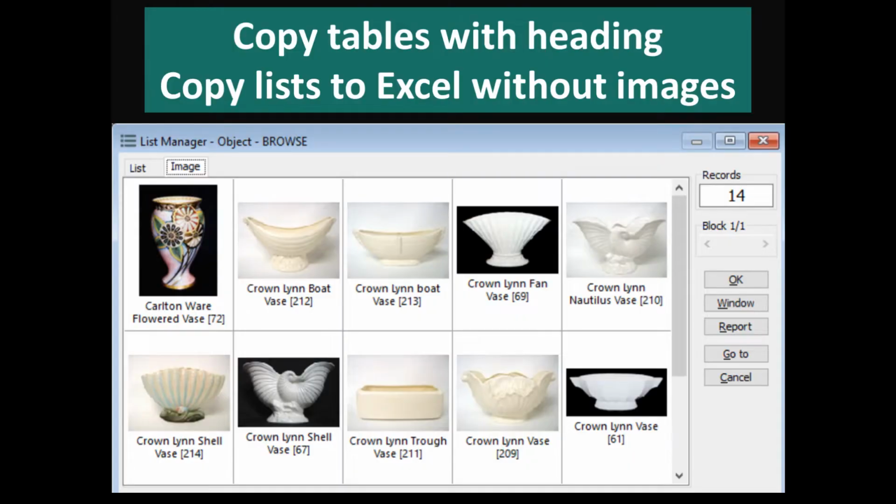There's the option when you're managing groups of records to copy that data to Excel. We've extended that so there's more options for how you copy that data. So whether or not you want images to be included in that, and the ability to copy just from within a table of a single record to Excel with or without headings. So that's just opening up more options for getting the data out of the system into other different products that you're making use of.